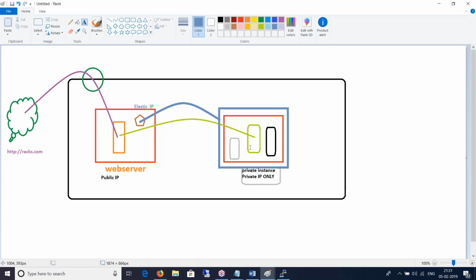So whenever these guys need internet, they will go out of this subnet and talk to the NAT gateway. The NAT gateway has an elastic IP and will go out through the internet gateway to the internet. If you do not have a NAT gateway, these guys who are sitting in the private subnet will never find a route to the internet. Is it clear? We will do this in the lab. I'll show the demonstration as well.